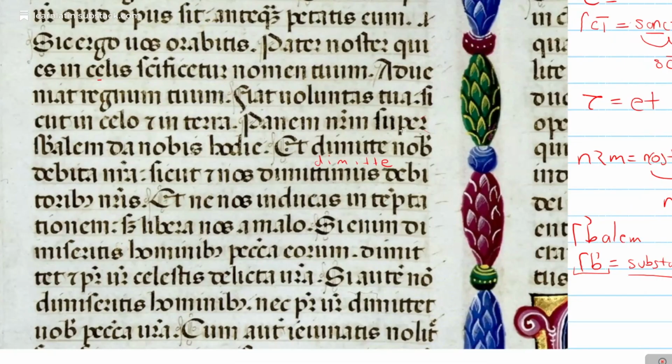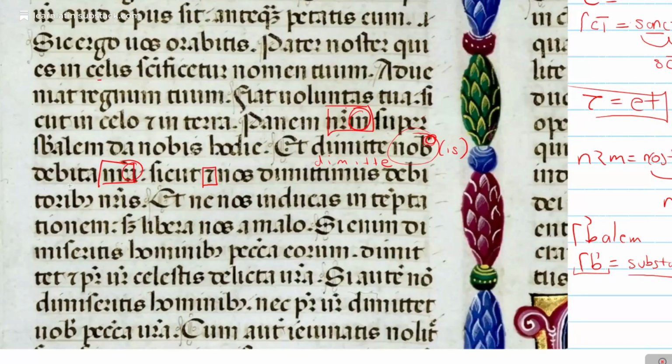Dimitte. Nob, abbreviated with the symbol here, so you have to integrate nobis. Common abbreviation for the dative, ablative, nobis. Debita nostra. And this nostra is another abbreviation where we saw that already before. Nostrum. What's changing? The ending. Noster, nostra, nostrum. In this case, debita nostra, neuter, plural. Sicut, et, another Tironian note, we saw that before here. Et nos dimittimus